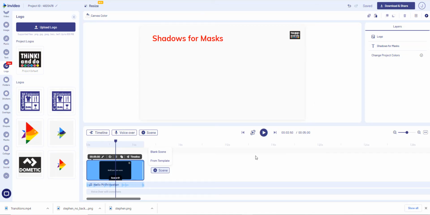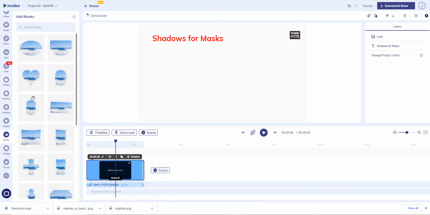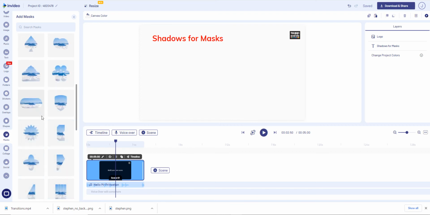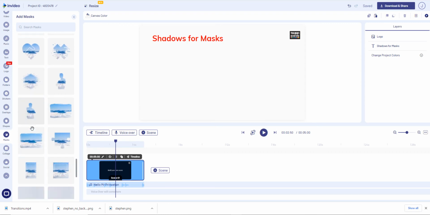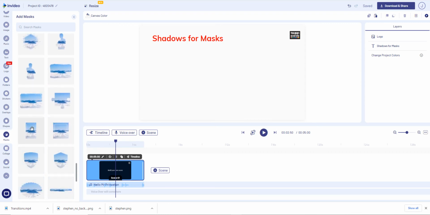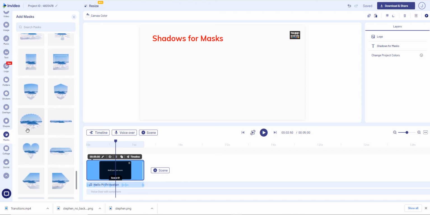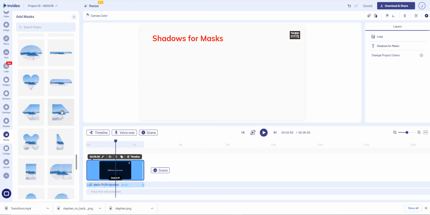Masks give you the ability to use a load of great different shapes that you can fill with a video or an image. Let's have a quick look. So if we click on masks, you can see that there are loads of shapes, absolutely loads and loads of them. But one of the things we quite often want to do is make them look a little bit more of a standout, and a good way to do that is to use a shadow. So let's pick this one here